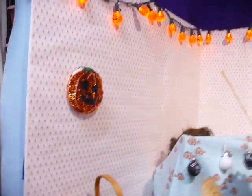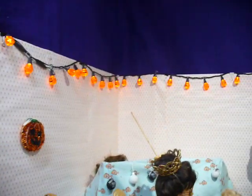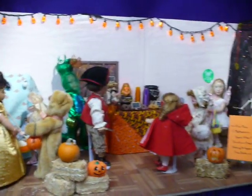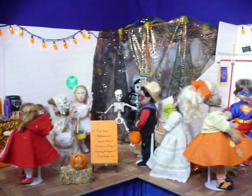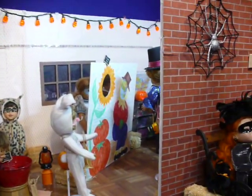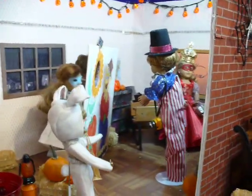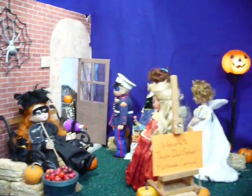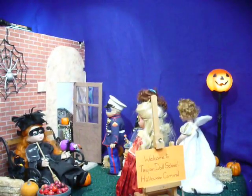Did you get to go to a Halloween party this year? Or a trunk or treat? Or are you going to go trick-or-treating in your neighborhood? I hope you had a fun Halloween and not a scary one. Halloween is for pretending and for having lots of